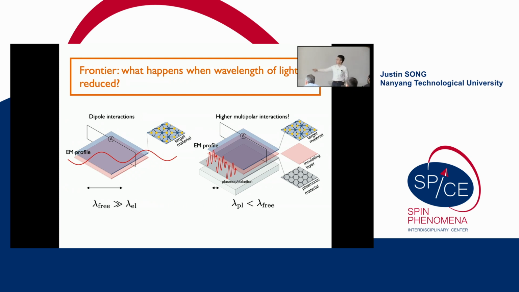Because the key point is I'm going away from this dipole light-matter interaction, where my free space wavelength is much larger than, say, the electron wavelength. But now, if I use plasmons or polaritons, I might start to activate higher multipolar